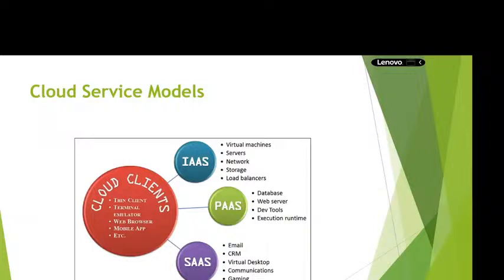Next thing is SaaS. In our day-to-day activities in the organization, we are already using Software as a Service. Could you please tell me the best example for Software as a Service? Anyone? Like Gmail, yes, Gmail, very good. And Microsoft O365, Office 365, is a successful product in the market. No other products are there to beat Office 365. It has around 30 services.